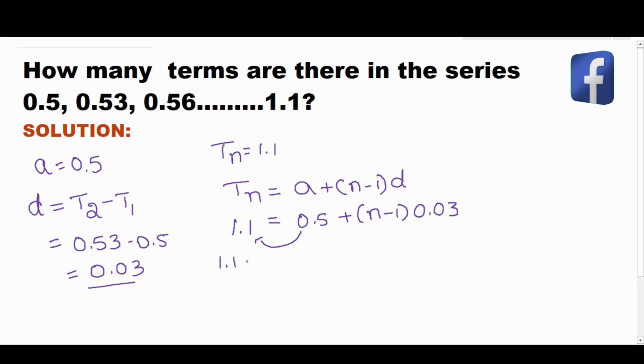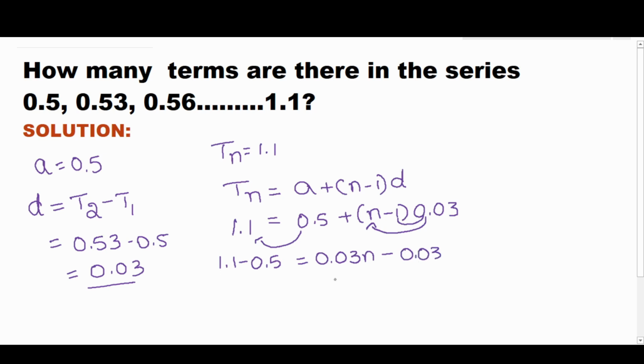I'll shift this 0.5 towards this side. I get 1.1 minus 0.5, which is equal to, I'm multiplying 0.03 into n, so I get 0.03 into n minus, again 1 into this is the same, 0.03. So on subtracting this, I land up with 0.6, and I shift this minus 0.03 towards this side and I get plus